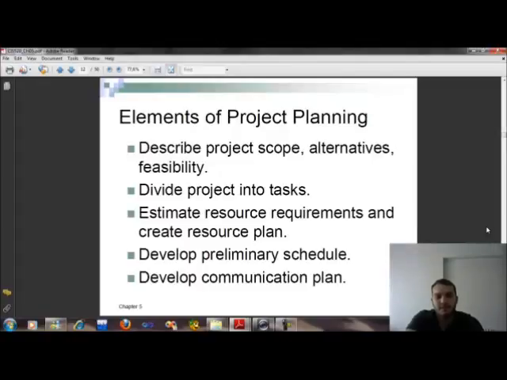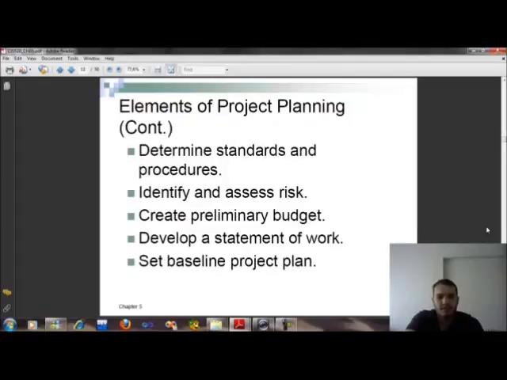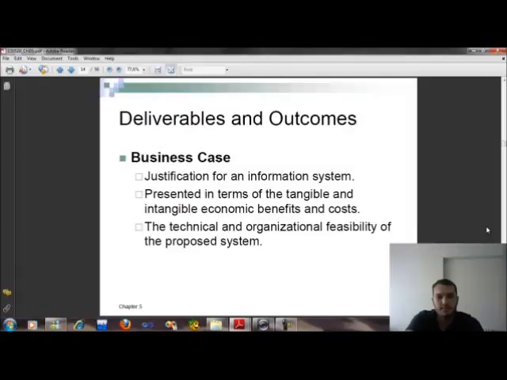This divides the project into tasks, estimates resource requirements and creates a resource plan, develops a preliminary schedule, and develops a communication plan. Here we determine standards and procedures, identify and assess risk, create a preliminary budget, develop a statement of work, and set the baseline project plan. And here deliverables and outcomes: the business case is